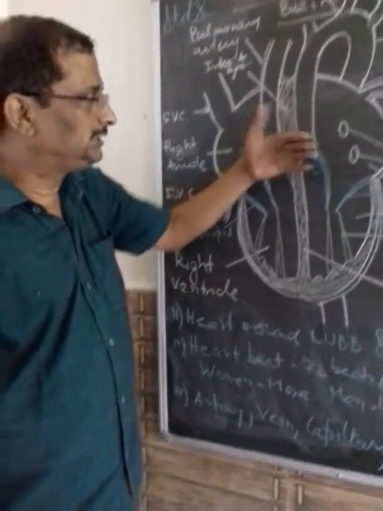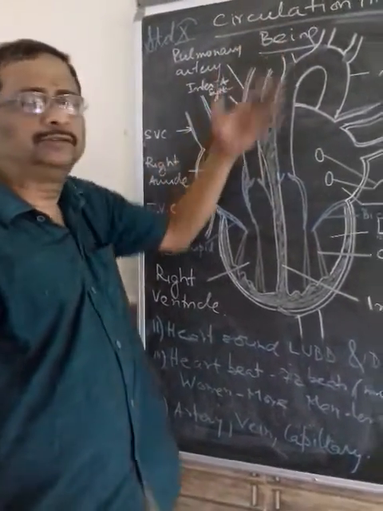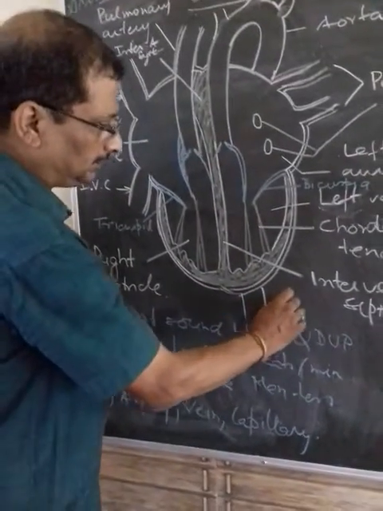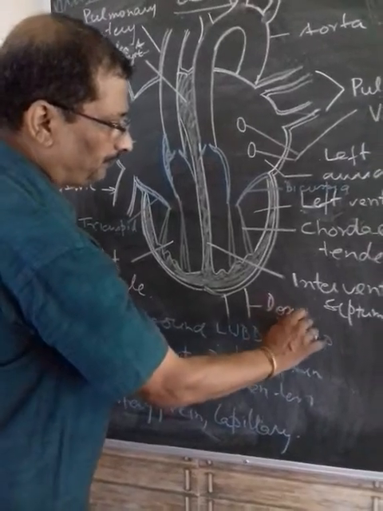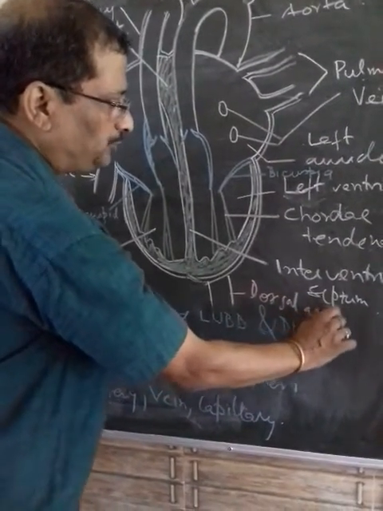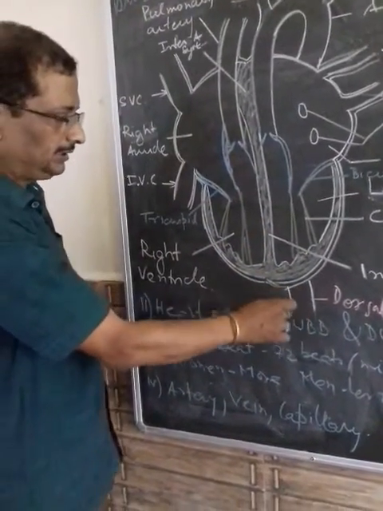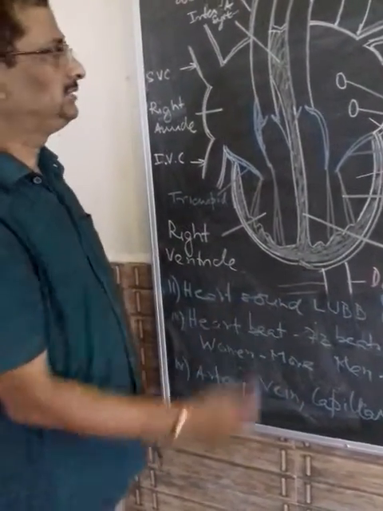So we call this, since it is moving to the dorsal side of the heart, we call this a dorsal aorta. So this is the dorsal aorta which brings the oxygenated blood, or supplies the oxygenated blood here and then supplies to the different organs, dividing